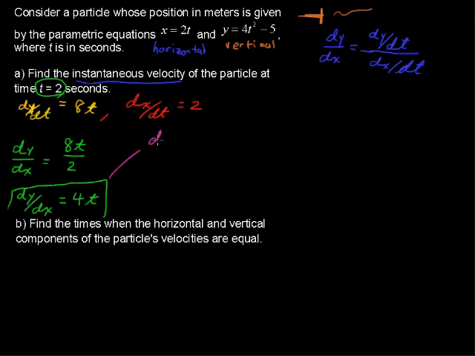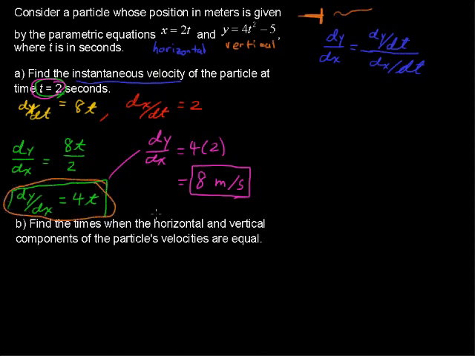We've got dy/dx equals 4 times 2, because we're plugging in 2 here for t. So the instantaneous velocity is 8, and our label is meters per second, because that's how the problem is defined, 8 meters per second. Now, if I wanted to take this parametric form and put it into the Cartesian form,